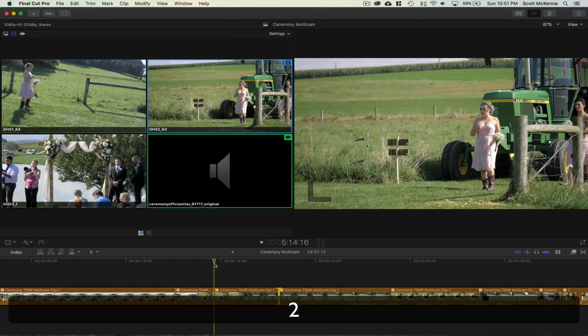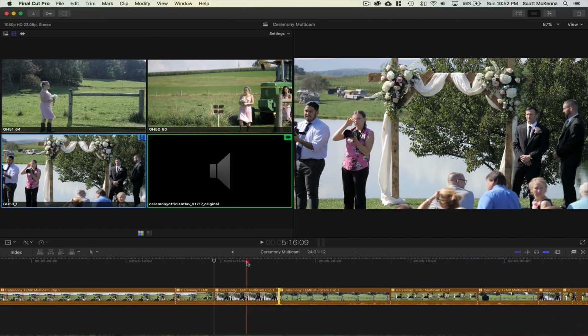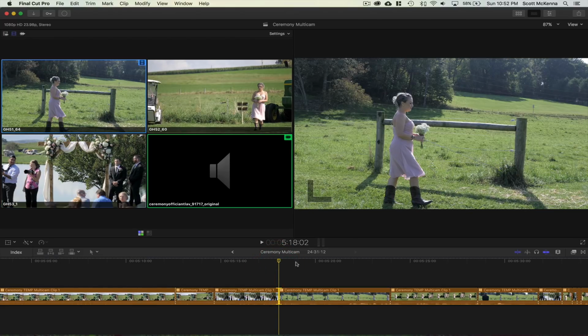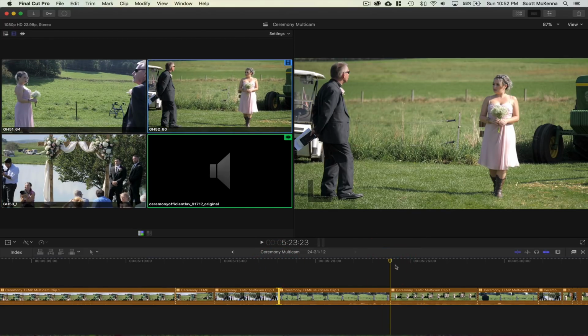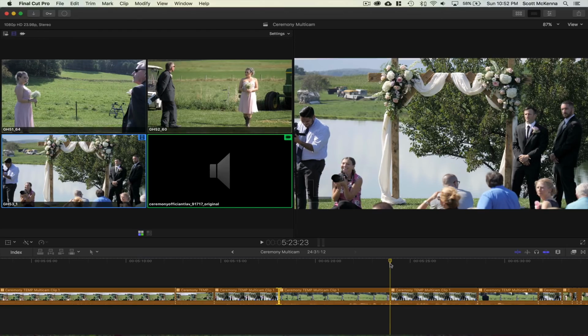If I do camera 2, it switches this to number 2, 3, number 3. The key is when you do that, you have to be at where it snaps to the grid for it to change everything behind it on just that specific edit. So you see if I go here, it changes this whole cut to number 3.